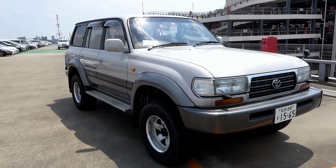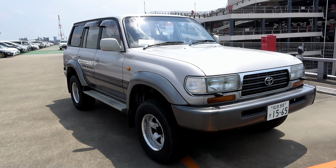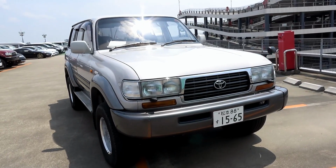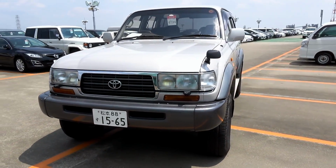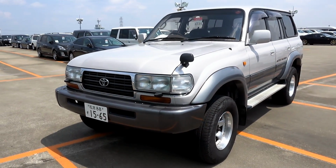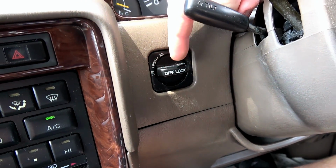It's a Thursday afternoon and I'm at USS Nagoya checking some cars for some customers that are coming up for auction tomorrow. And this Toyota Landcruiser is one of them. This is for a regular customer who's bought a couple of vehicles. Lockers. This is what everyone wants. Okay, now